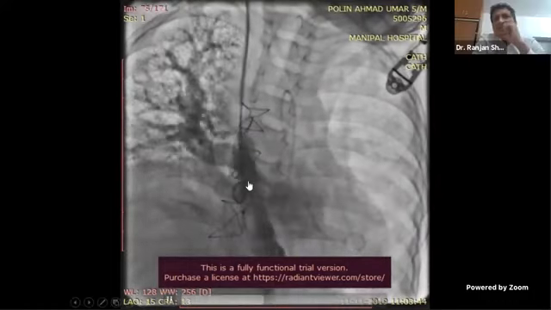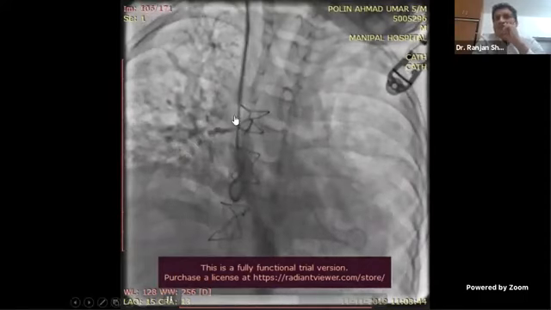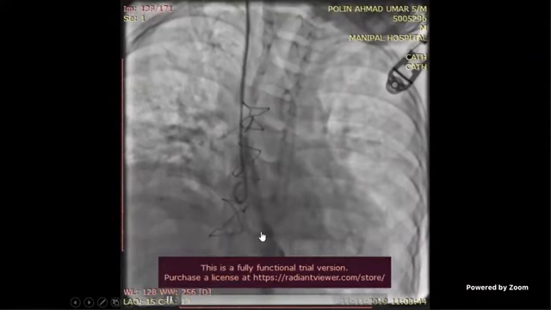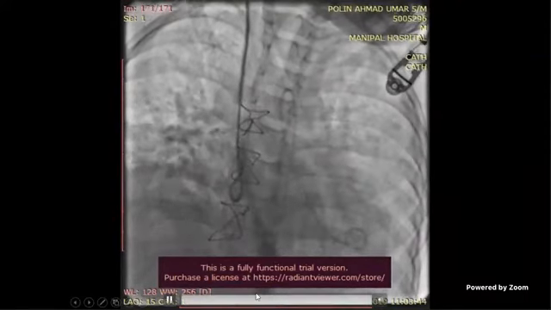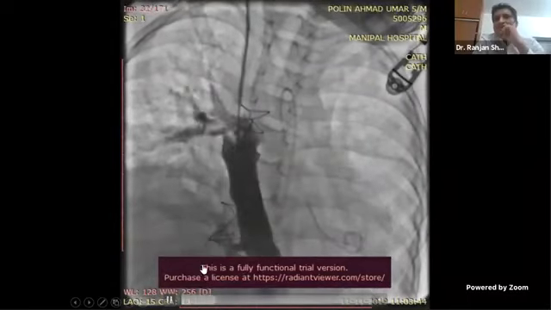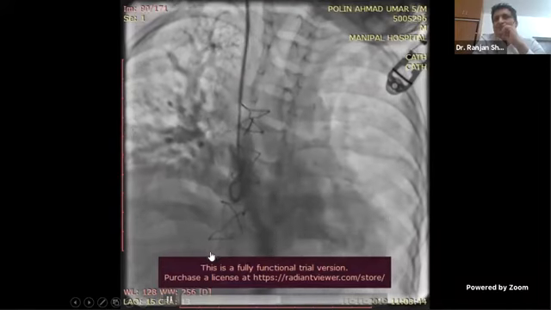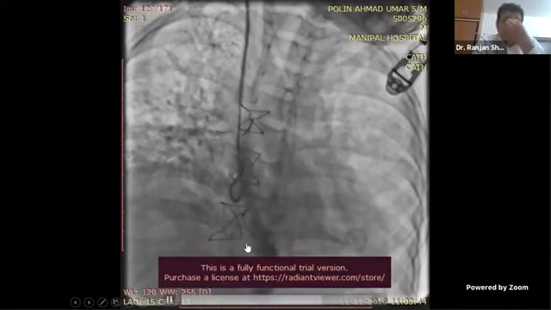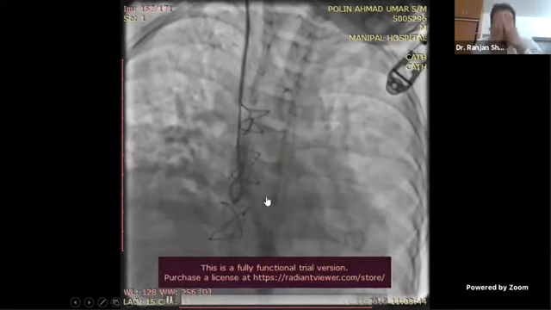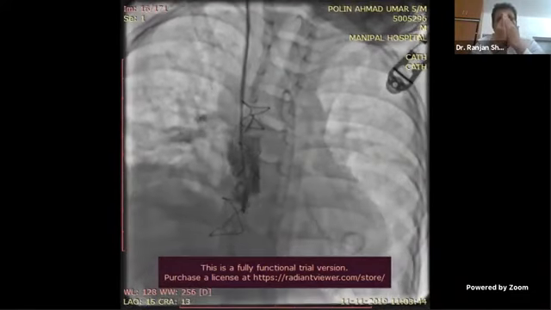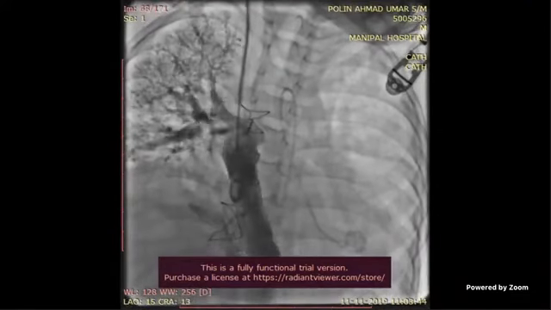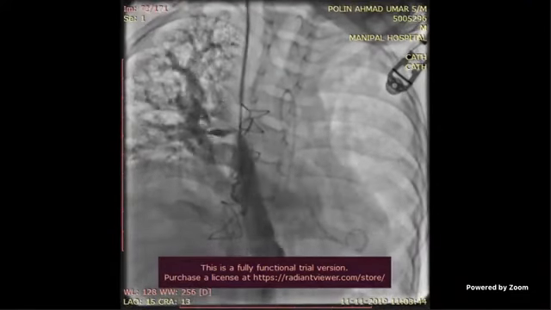Correct. So what is the likely diagnosis? From SVC it comes to PA, and from RV to PA there is a conduit, most probably post-repair, post-op. This is not the IVC, it's coming from the liver. Yes, sir, this is the liver here. So what condition has the SVC connected to PA and IVC connected to PA? Sir, Fontan. Yeah, complete Fontan. PCPC.